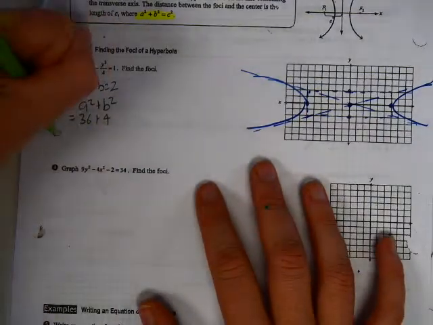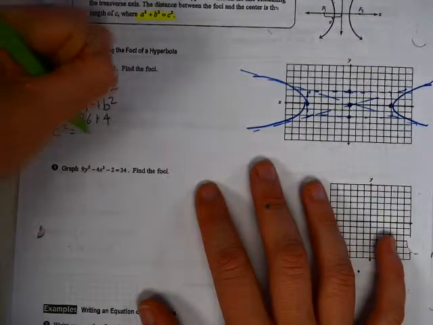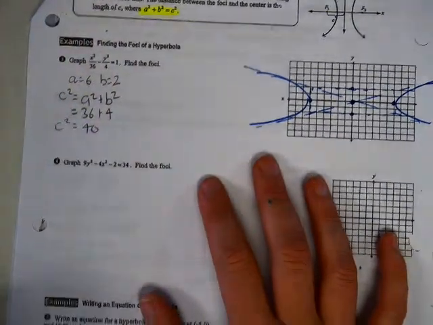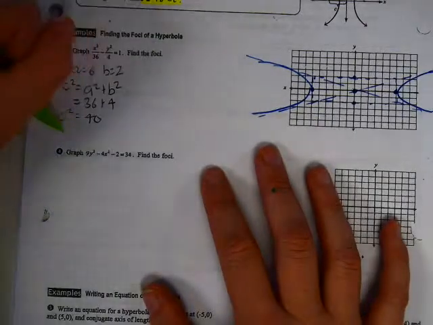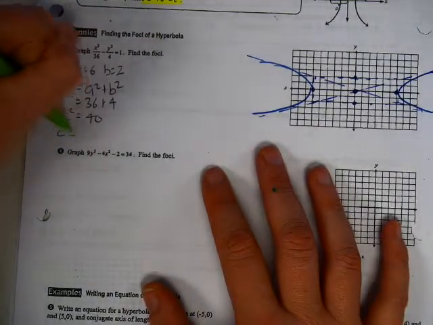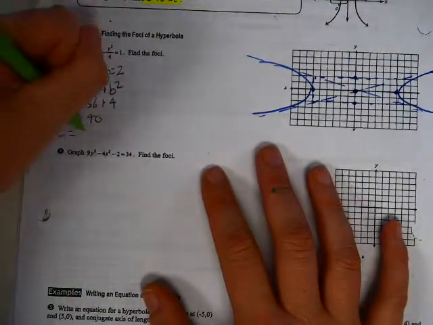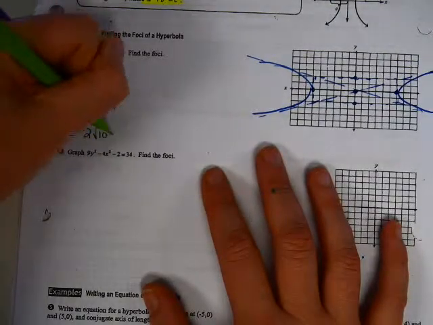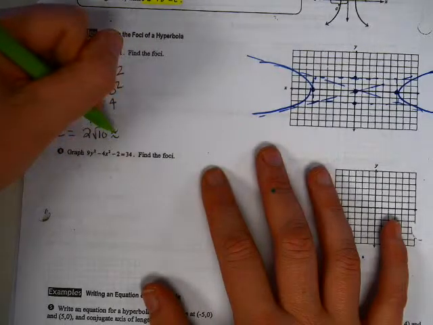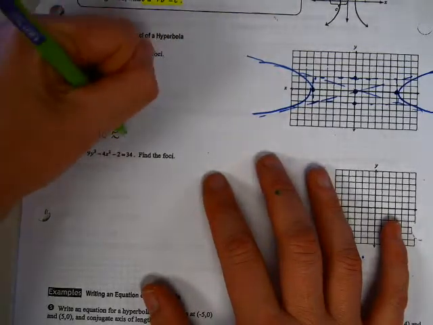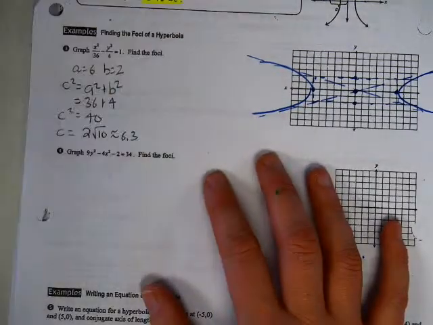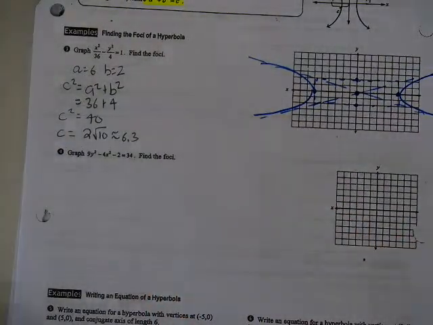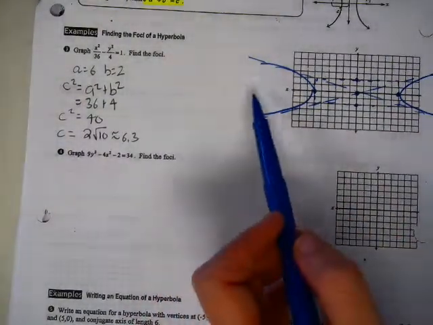So C squared equals 40. Take the square root of both sides using only the positive results. I get C equals 2 square root of 10, which is approximately 6.3. So now I can sketch in my foci, which are always along